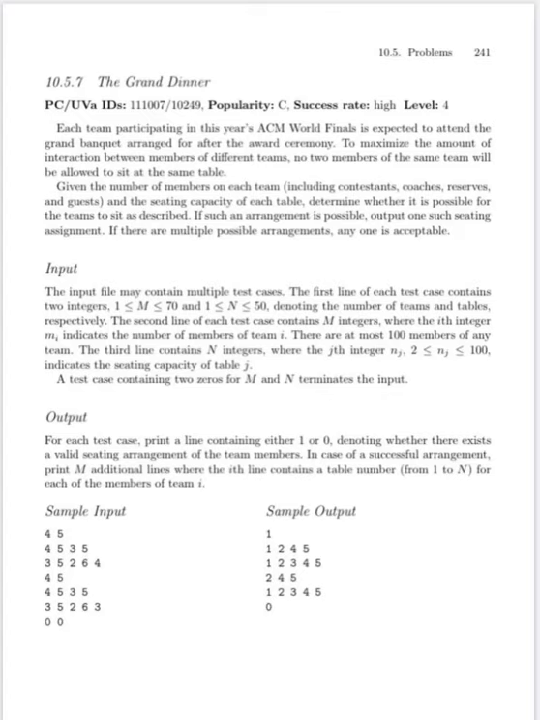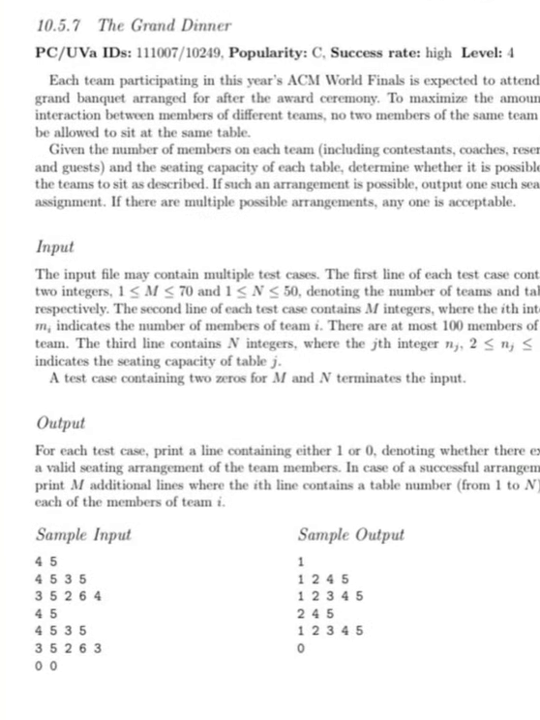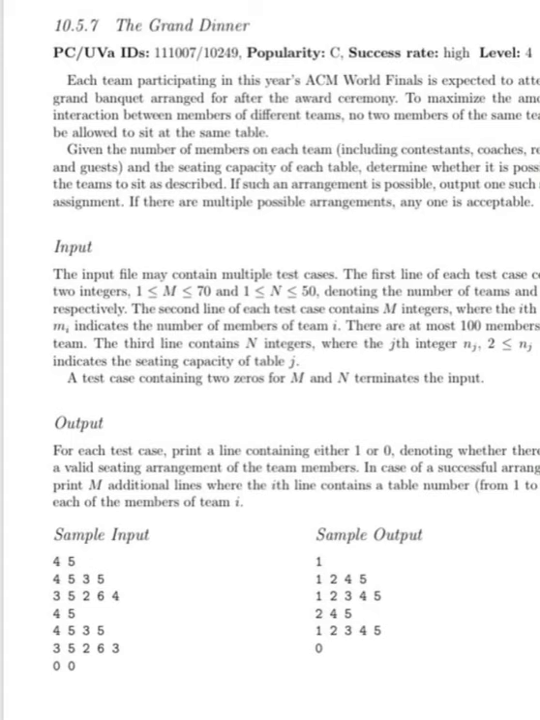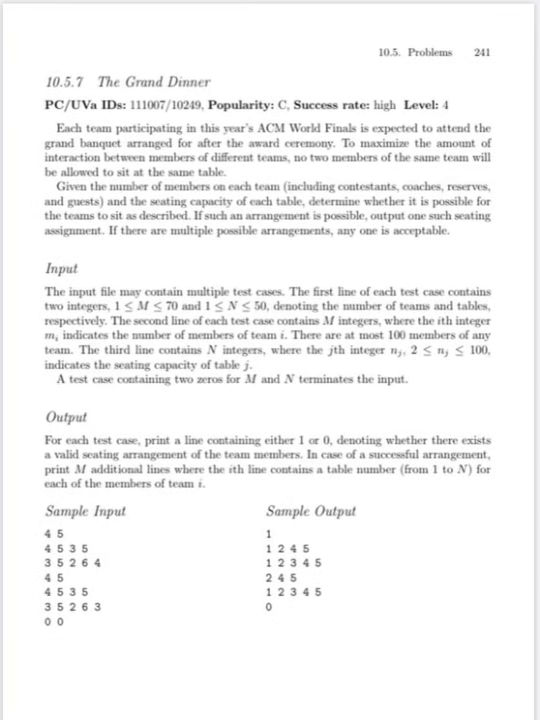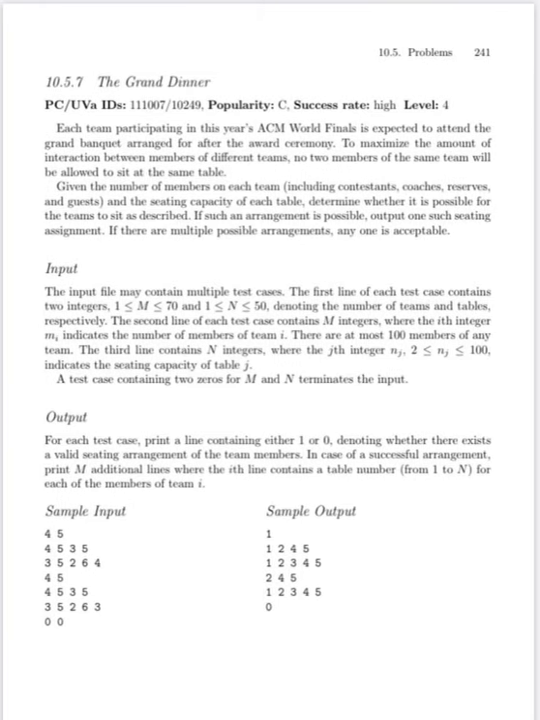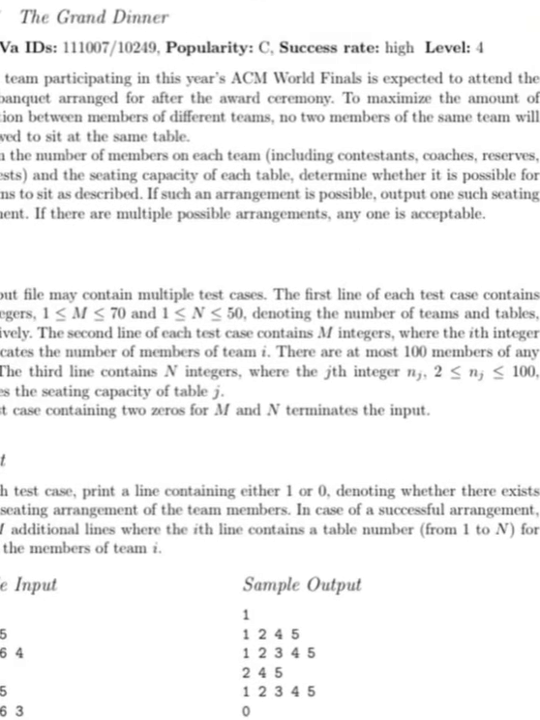Each team participating in the ACM World Finals is expected to attend the grand banquet arranged after the award ceremony. To maximize the amount of interaction between the members of different teams, no two members of the same team will be allowed to sit at the same table. So here the restriction is that no two members of the same team will be allowed to sit at the same table. Given the number of members on each team, including contestants, coaches, reserves and guests, and the seating capacity of